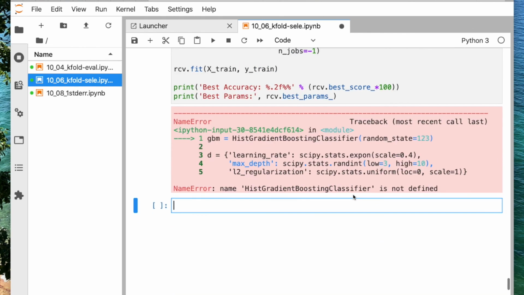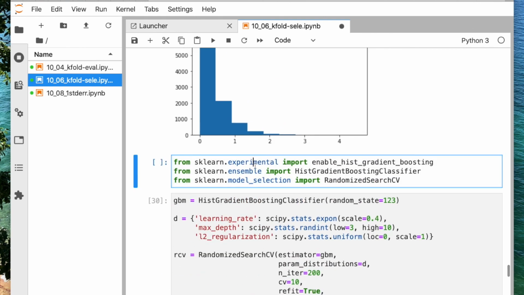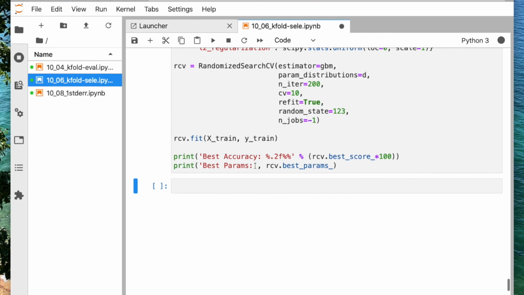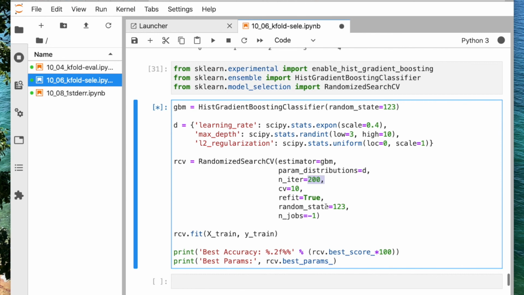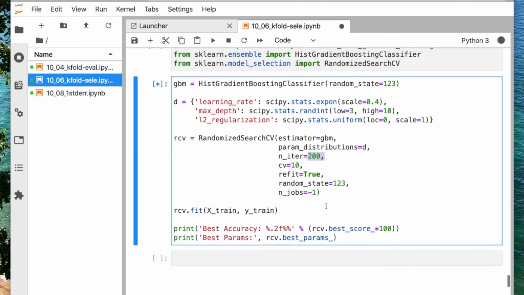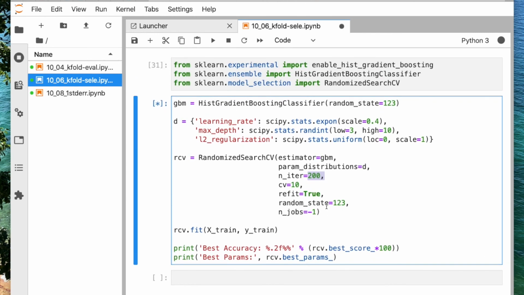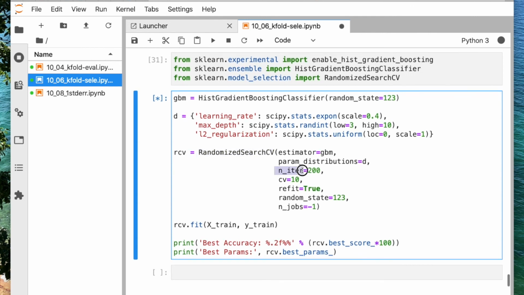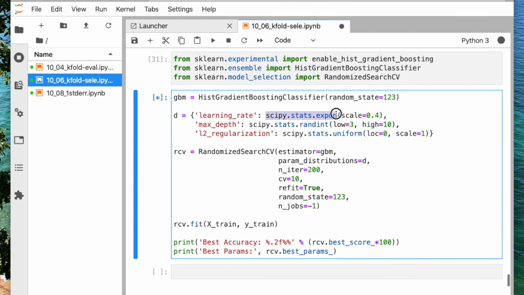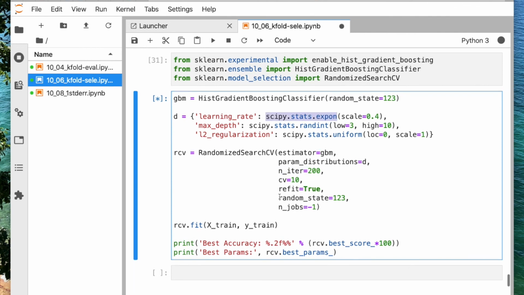So I can run this now. I should import this first, of course. Okay, and then this is running, might take a while. This is running 200 iterations now. I don't know exactly how long that would take. Hopefully not too long, but it's also not that important that it finishes before I finish the video, because I was just showing you how randomized search works. Randomized search is essentially, the API is very similar to grid search, except now that we have the number of iterations, we can use distributions, and we have the random state.